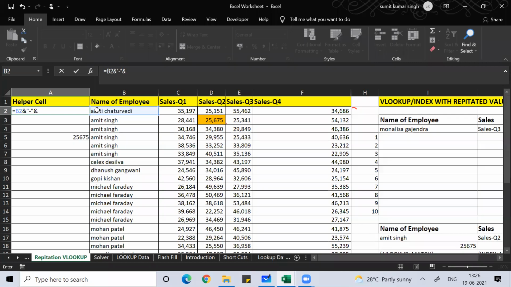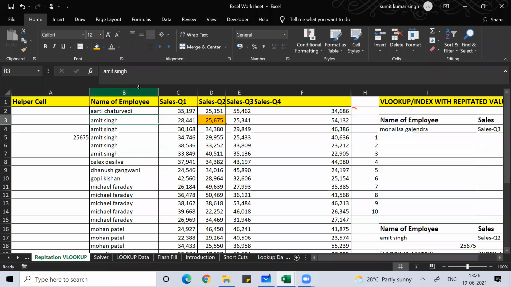Some symbol to identify which number that cumulative value is, so how many times that Amit Singh came. Amit Singh one, Amit Singh two. Imagine if this name would be like this: Amit Singh underscore one, Amit Singh underscore two.